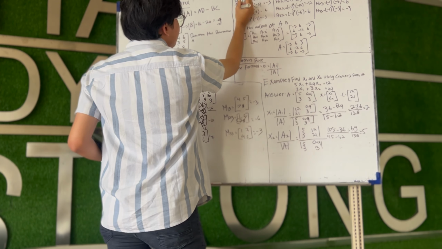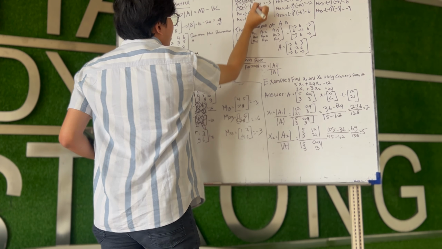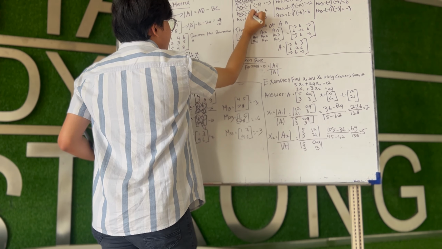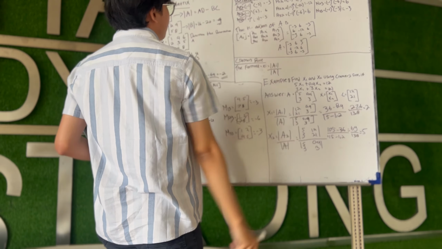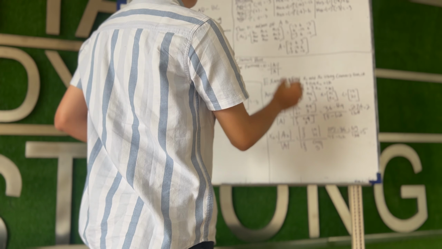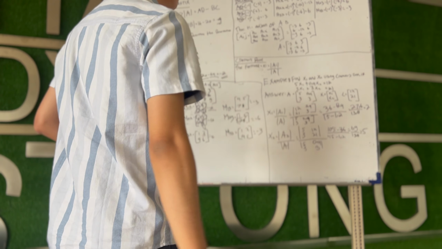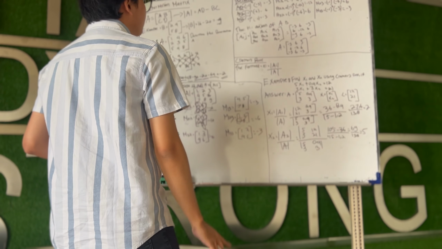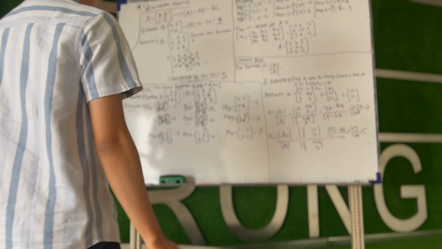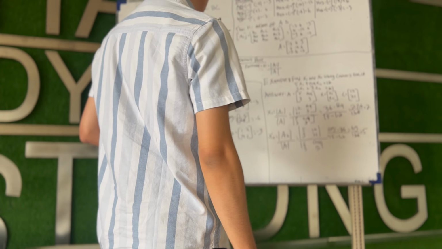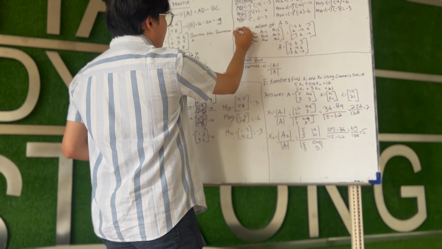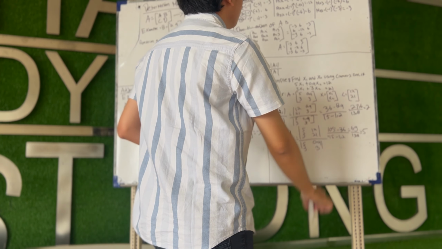So the signs are plus, minus, plus, and minus 1 multiply minus 3 is 3, and minus 1 multiply minus 6 is 6, and minus 1 multiply minus 3 is 3, and then the adjoint of A is